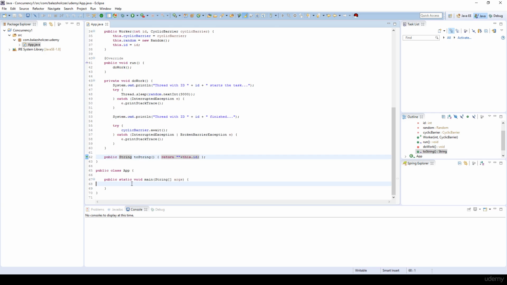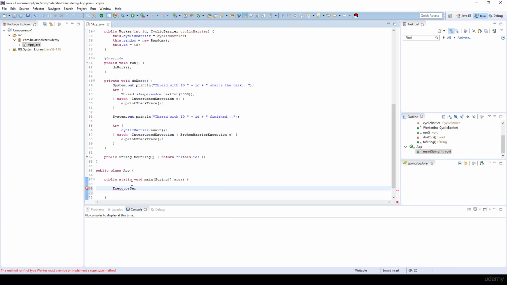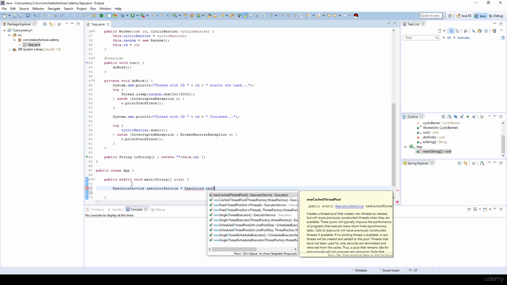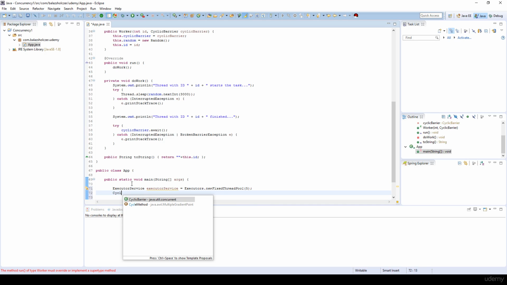And here in the main method, I would like to create some executor service. So executor service is equal to Executors.newFixedThreadPool. I would like to create 5 threads for 5 tasks. And I create a cyclic barrier. Barrier is equal to a new CyclicBarrier, and I would like to create 5 parties basically, so 5 threads,